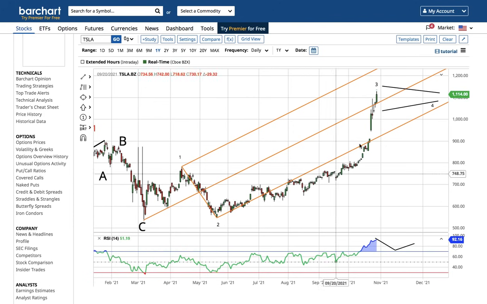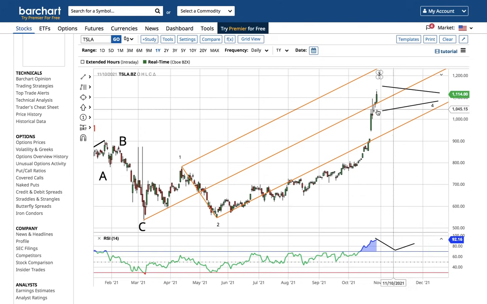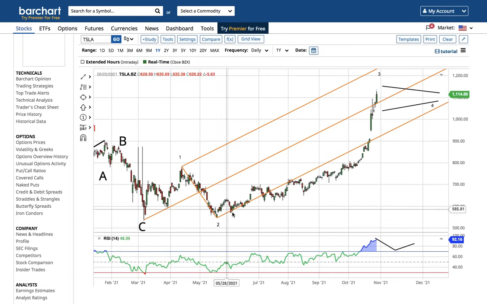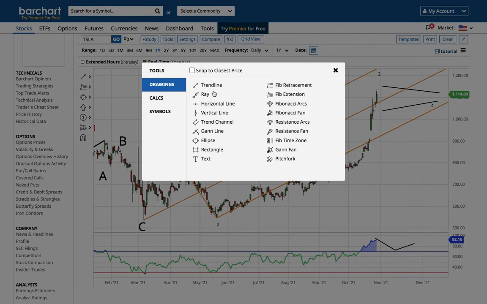So 1, 2, possibly a 3 and a 4. Remember, it's a fool's errand to game this wave 4. It's probably a fool's errand to sell shares for this wave 4, to be completely honest. And that's definitely not investment advice, but this is a 1, 2, 3 and a shallow wave 4. So let's just talk about wave 5 targets.